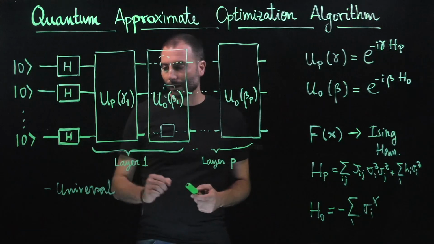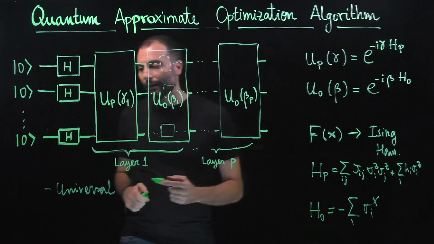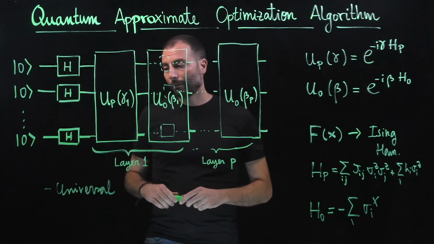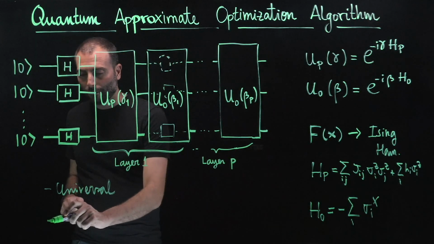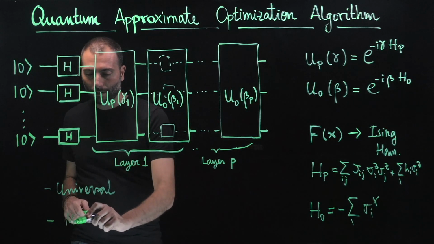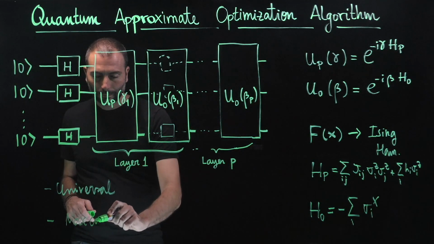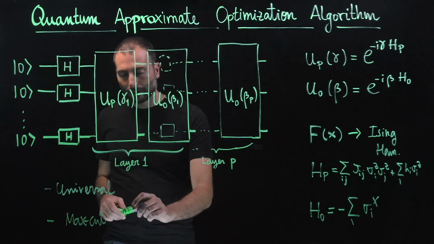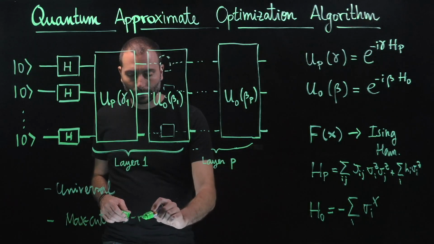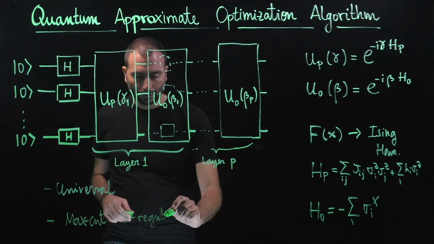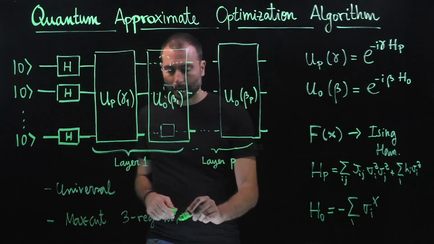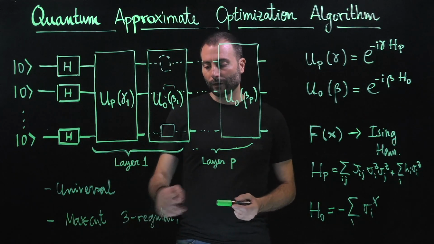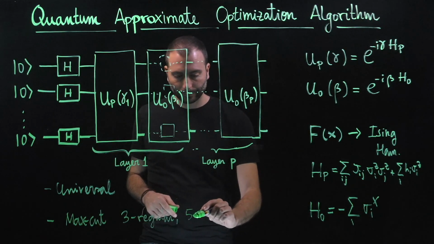Okay, but this is one comment that is important. In practice, we have seen that with few layers, you can achieve good results for, for instance, problems like the max-cut problem, for graphs that are 3-regular and so on. So the more complicated the problem, so instead of 3-regular, we have 5-regular,